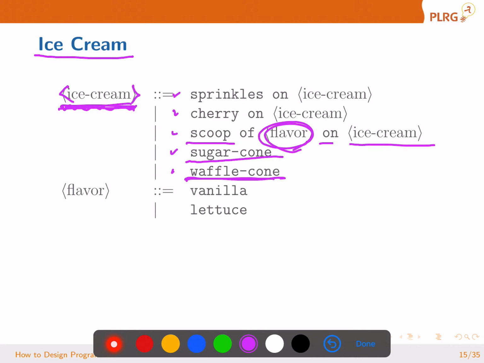What's going to be the flavor? A flavor is going to be either vanilla or lettuce. Ooh. And we can put cherry on it. We can put sprinkles on it. So this is a way to make an ice cream. And we may want to ask questions like, how do you want to make an ice cream? Or we may want to ask questions like